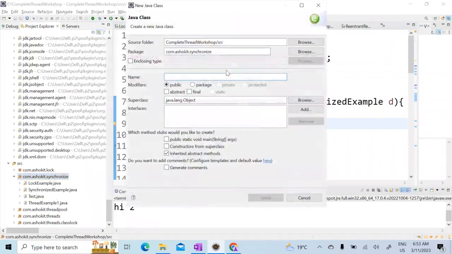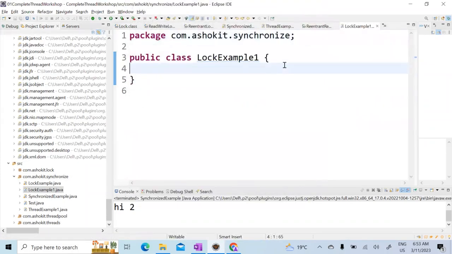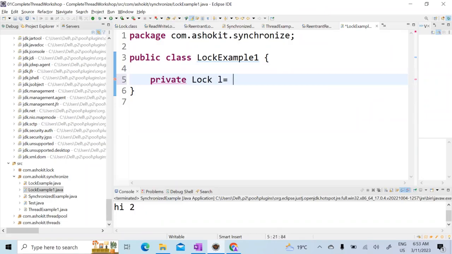Create a class. Let me call it LockExample. Oh, it's already there, LockExample1. In this LockExample, first of all I have to create a private Lock l = new ReentrantLock();